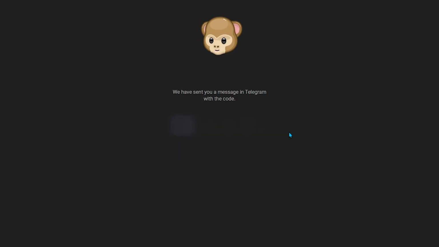Wait until you receive the verification code on your phone, then enter your code in the field provided, and you will be automatically logged into your Telegram account. Once you are successfully logged in, click Search at the top of the Telegram web interface to find a specific